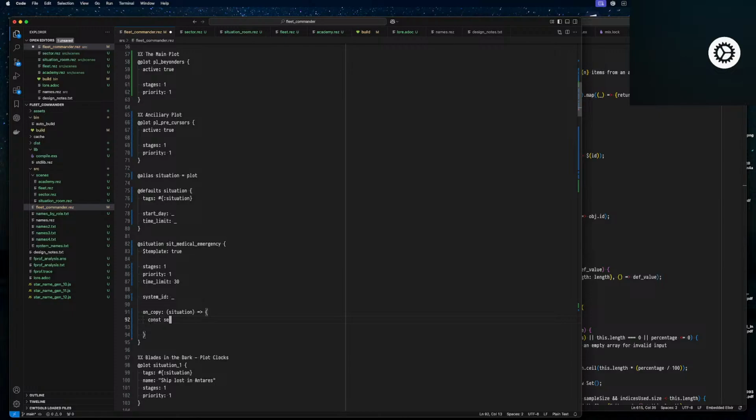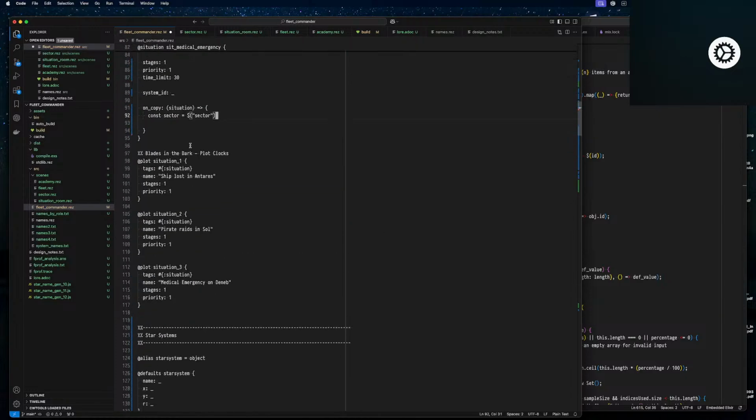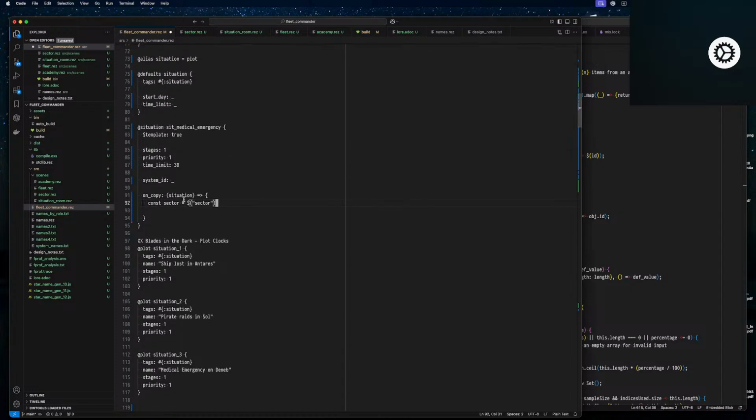So the sector, let's grab the sector. In fact, actually, because the sector is the sector, it's already a global, so we can refer to it that way. So we can just say sector. Let's say medical emergencies can happen in the inner system. Right, so